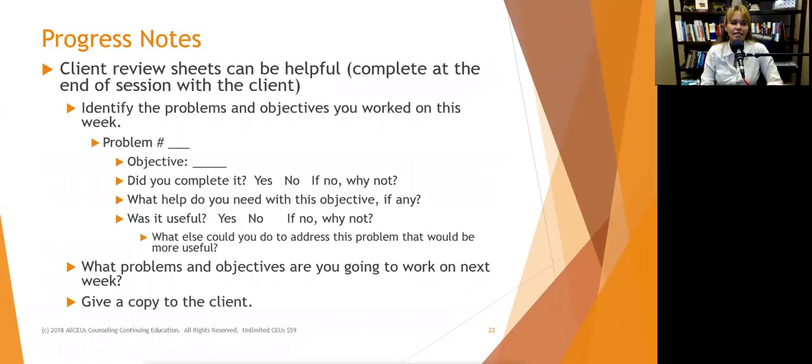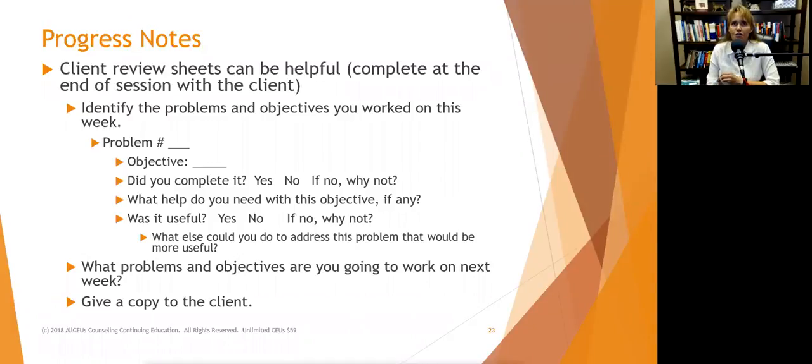And yes, Jason, I agree. I love to have client notes in the file, not only because it empowers them and makes the file less mysterious, but also auditors love to see that. They love to see that we're really involving the client in this process and we're paying attention. We're not just having them come into group and then leave, going, well, hope they got something out of it. We're really honing in and making sure that everybody's getting something.